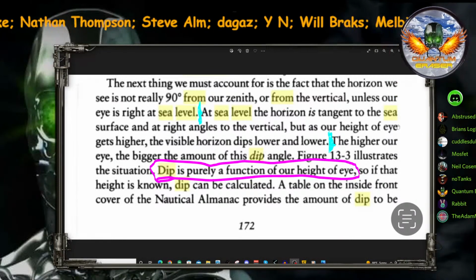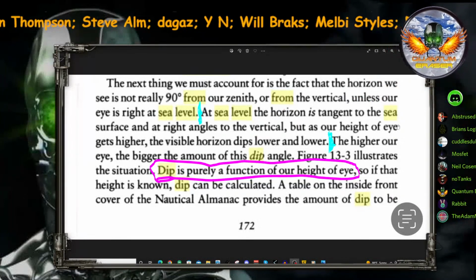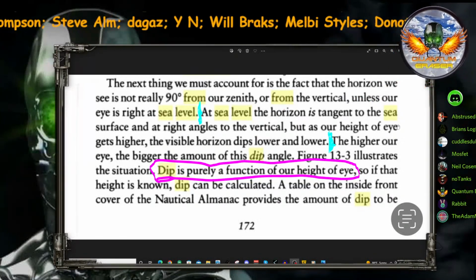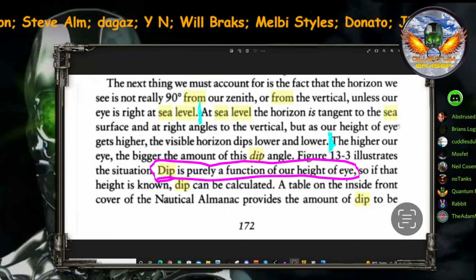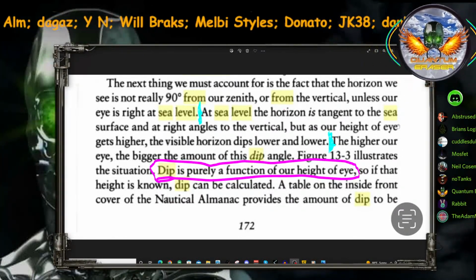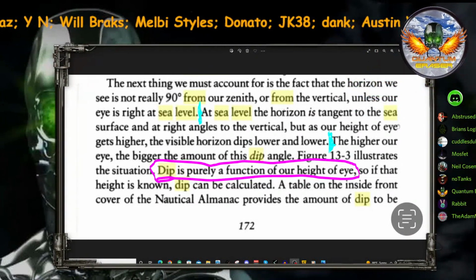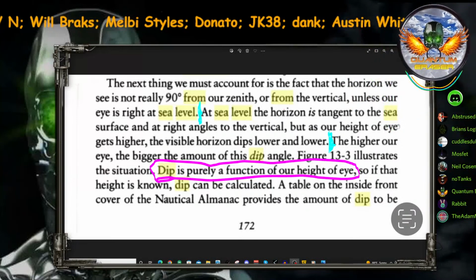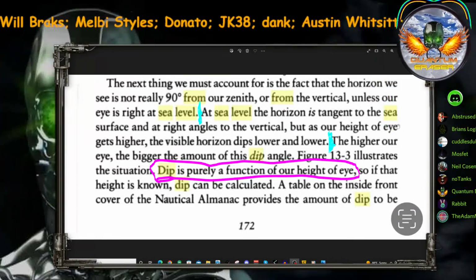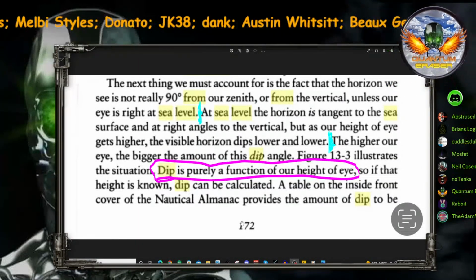It is describing a ball. It's totally describing a ball. And then it just makes the statement that the geometry of what's going off has no bearing. It's just the height of the eye. You have to make the statement: dip is a function of height of eye and R. Yeah. Good point. For the previous statement to have any significance, because they're clarifying at sea level that at sea